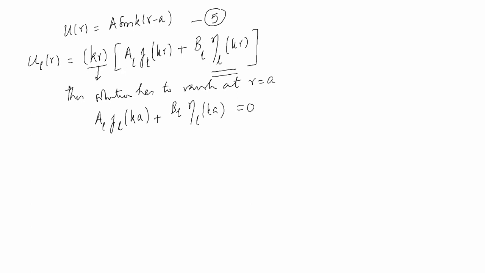Is it clear? That when I put that U_l(r) at r equal to a should vanish, this implies that